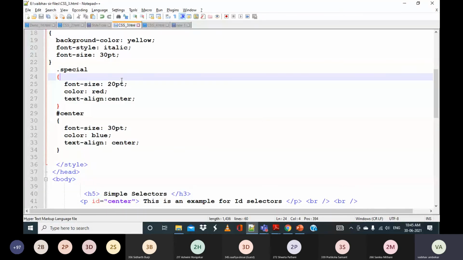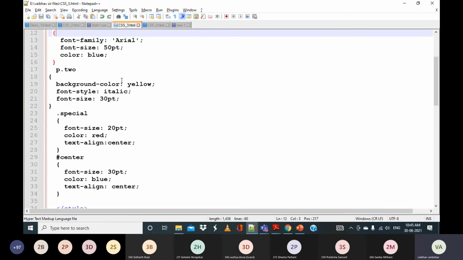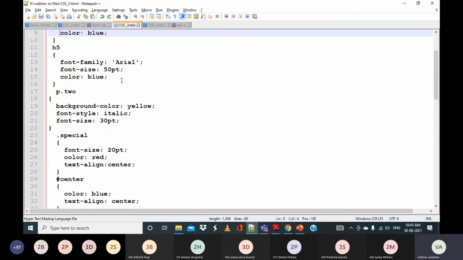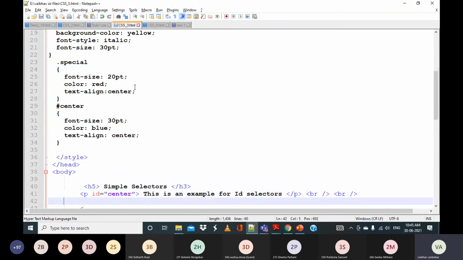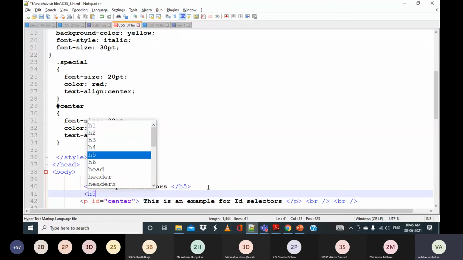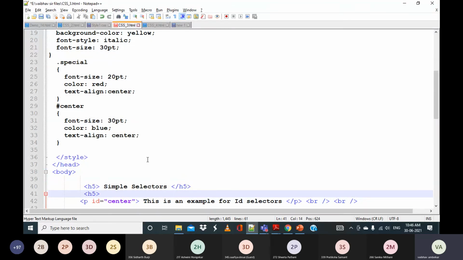It got applied with these properties: font family as Arial, font size as 50 and color as blue. But in another case, here I will put it as h5. If I want to include some different properties like font size 30, color as blue, or text align center, what can we do?